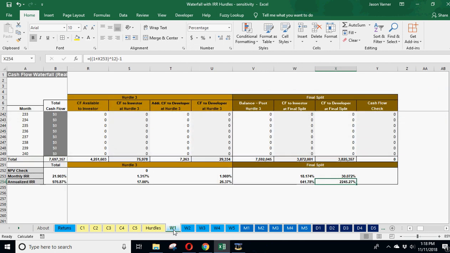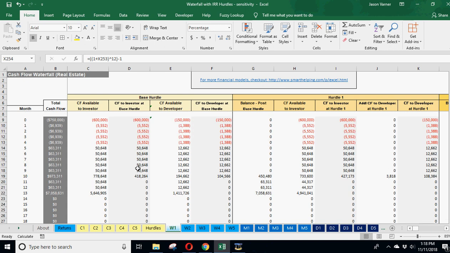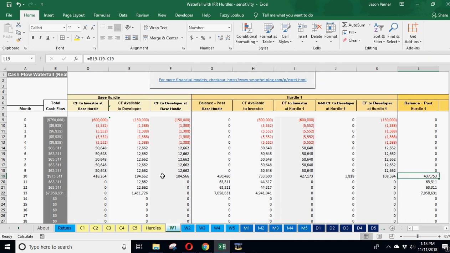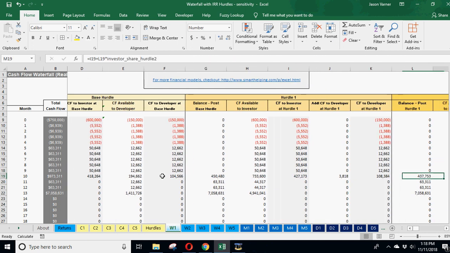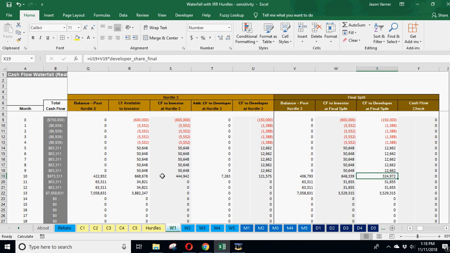So now we've got month 10, so really early in the project. Look at that. So you're already in month 10. You've now went all the way through all the hurdles, and you see there's plenty of cash that's going to be split. Keep going. Up, keep going. There's still balance there. 406. So you're actually splitting 400,000 of the cash flows at,